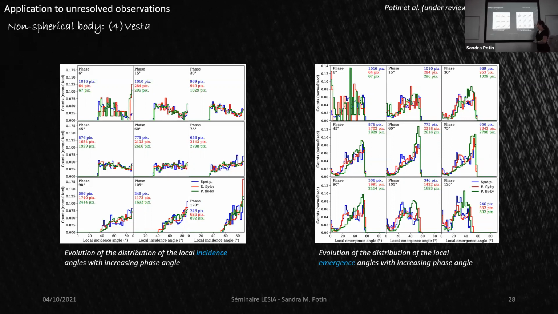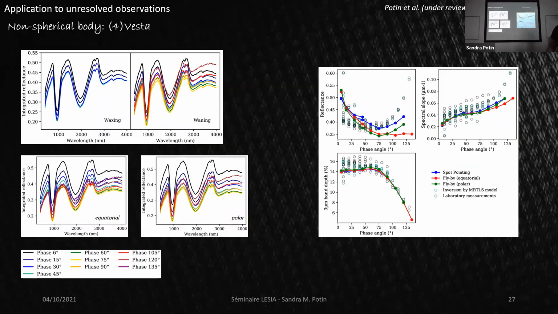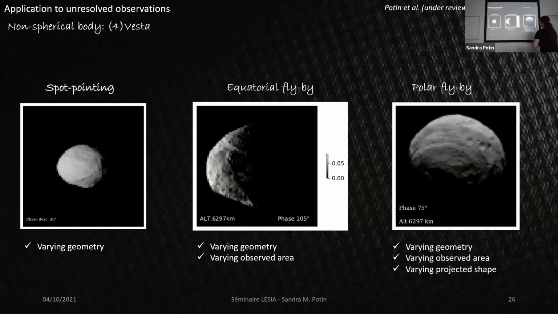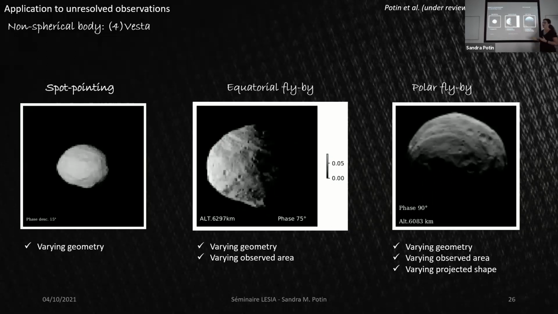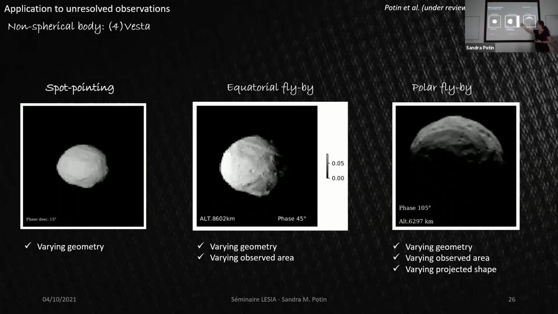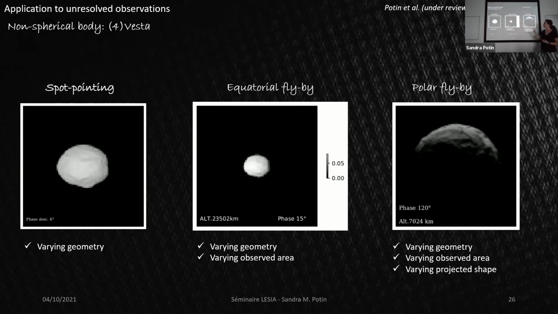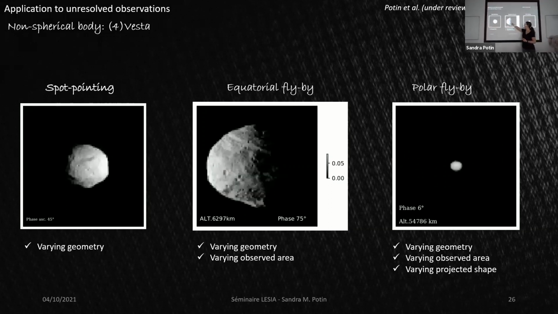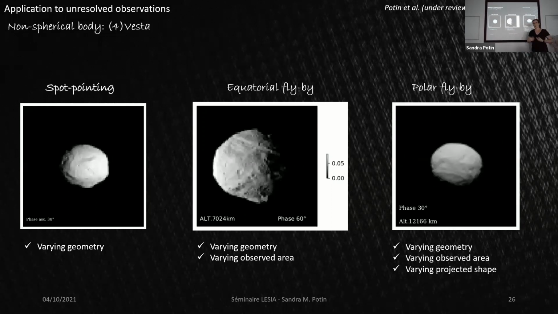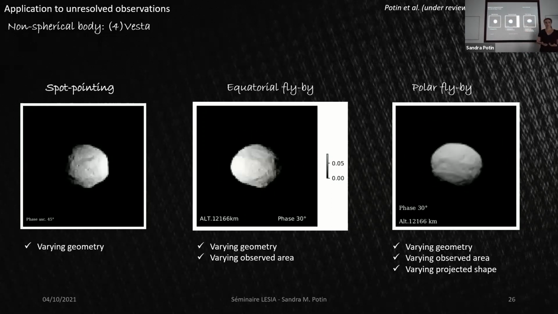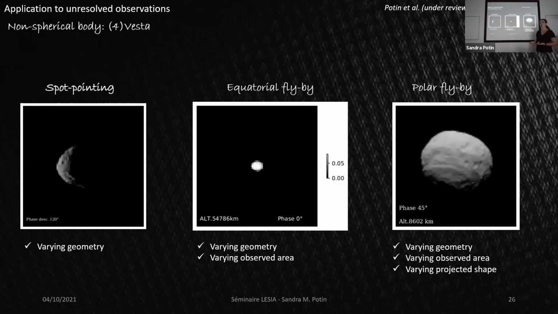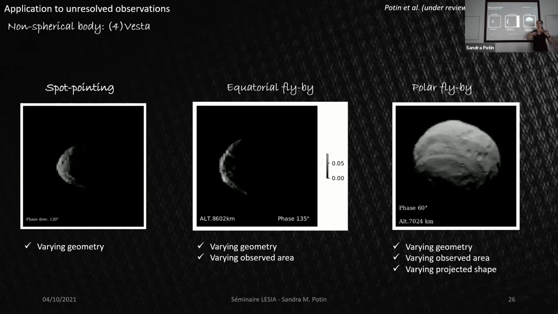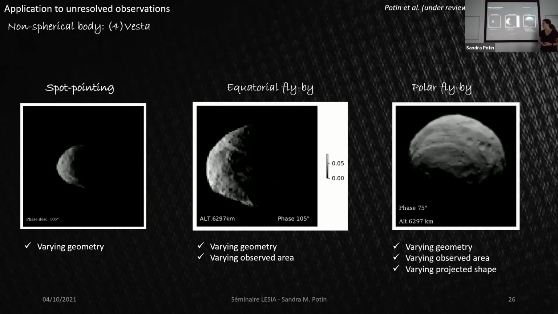Now, why do we observe differences between the scenarios and differences with the lab? It's because VESTA is not spherical and we have a strong effect of the topography. You can see on the images that we see the craters very well. We can see very well the shadows that are created by the craters and by the surface topography, so the cliffs that are on this side here. The topography of VESTA is strong enough to induce very strong spectroscopic variation that impacts the end result of the spectroscopy afterwards.